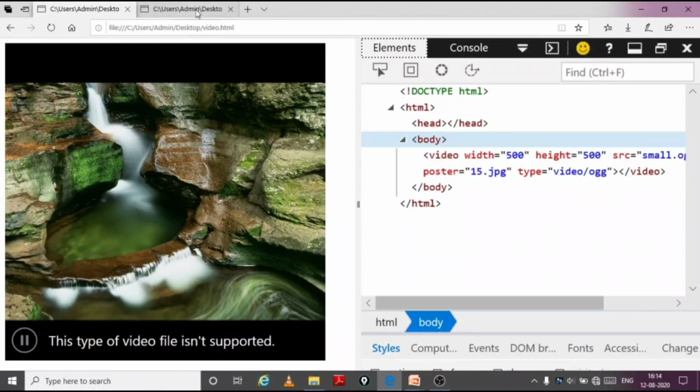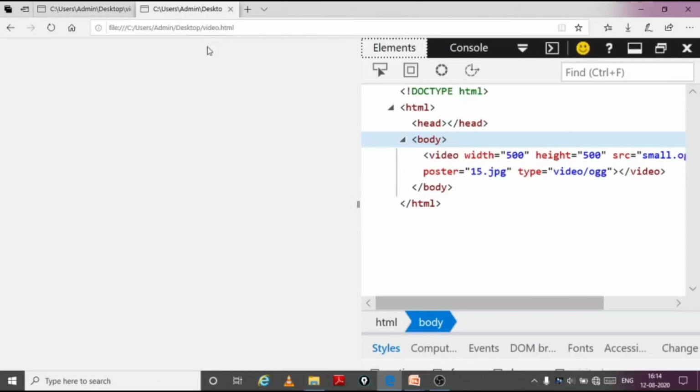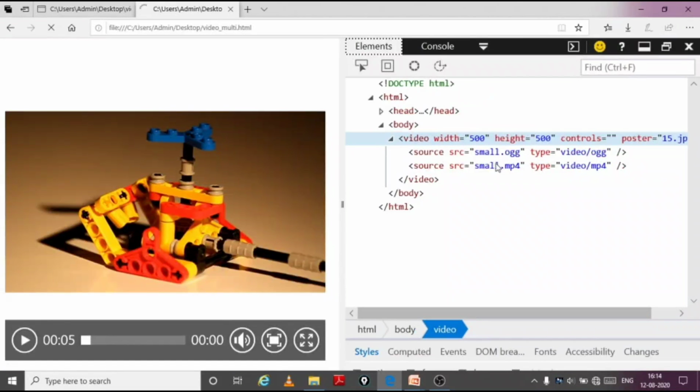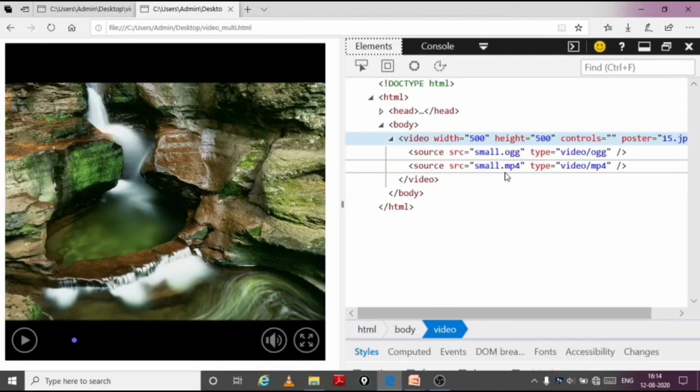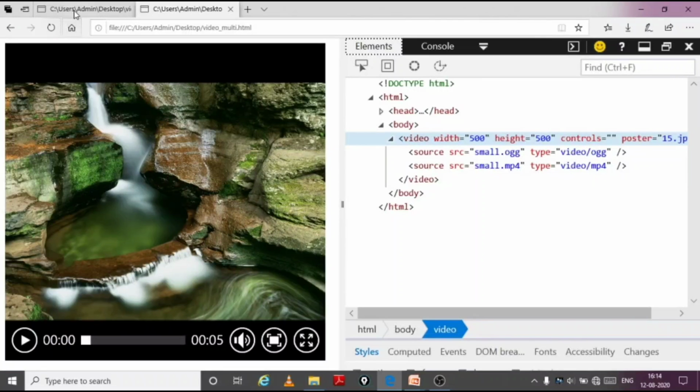Now we are going to see where multiple source files have been specified. Again, I have repeated OGG, and MP4 is the next type. It was not recognized when we specified it in the first example, but here I have also given the second file type.